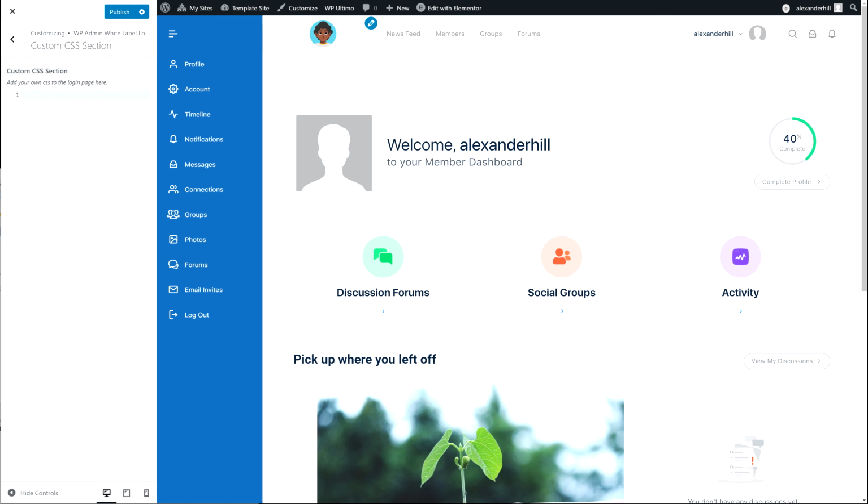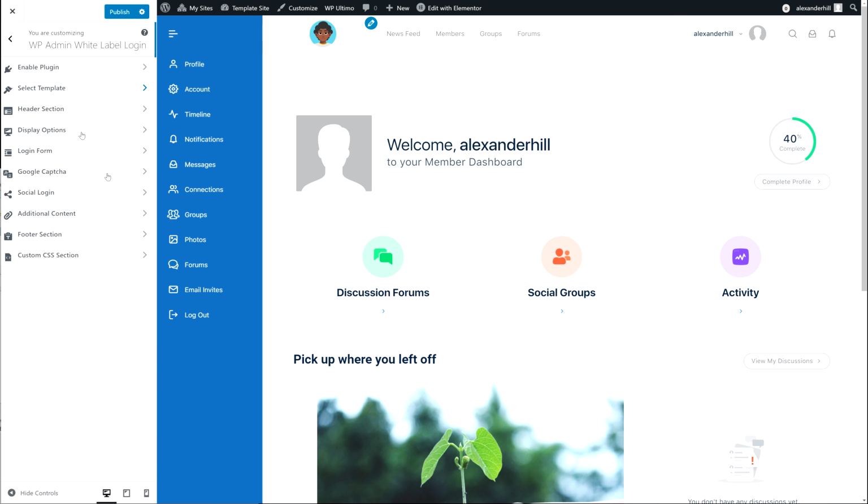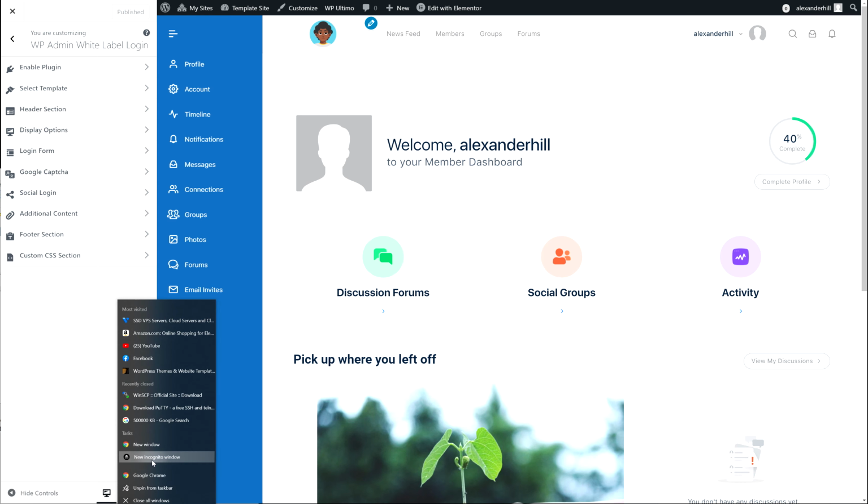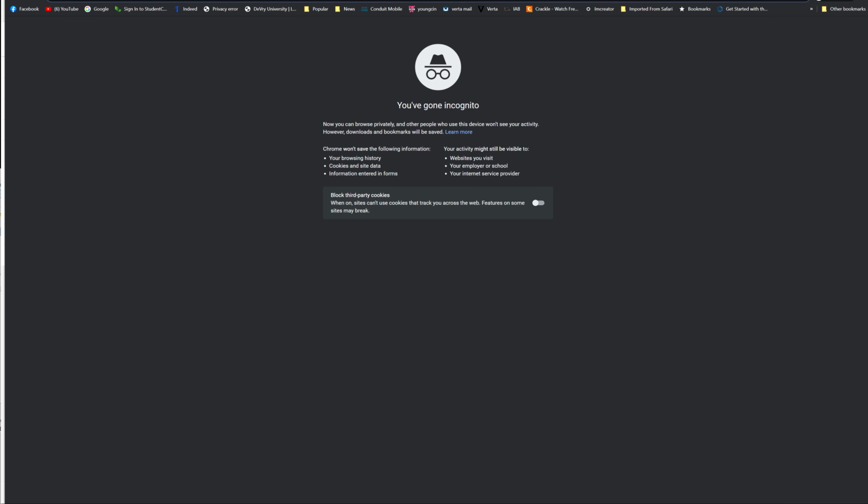Now with Buddyboss, I actually created some custom CSS that I'll put in the description so you guys can get it. But it edits the CSS selectors that Buddyboss has to edit some of the colors that aren't available with this plugin. So let's go ahead and publish this, and let's open up an incognito window, and let's go to